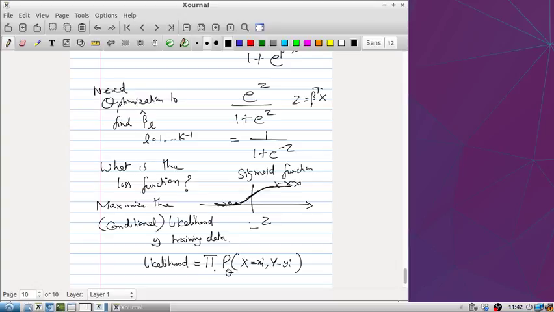I just want to put a product here because I have n observations. Product is not important. Likelihood is nothing but I'm trying to find the best parameter, right? The parameter in the LDA case was sigma, mu's, and pi's. The parameter for logistic regression is going to be all these betas. So find a parameter such that the probability of the x and y's that I observe in my data, the n such x and g's actually,